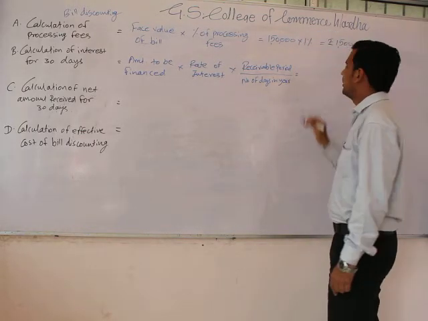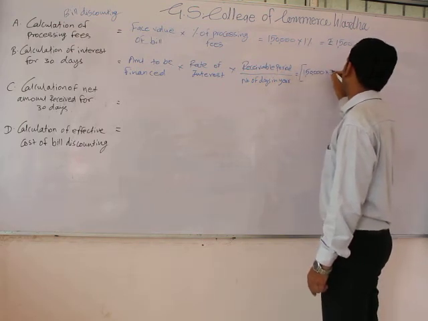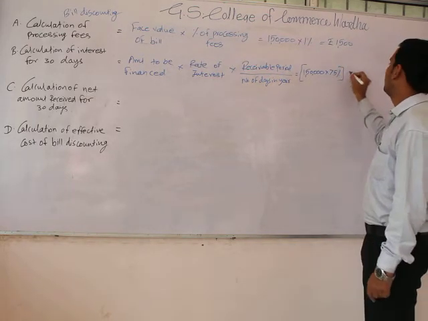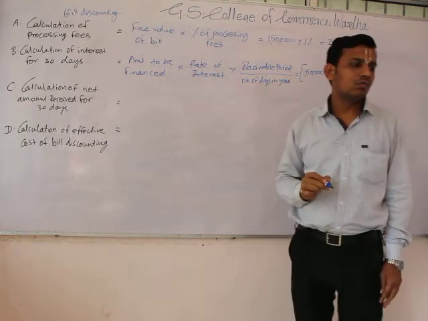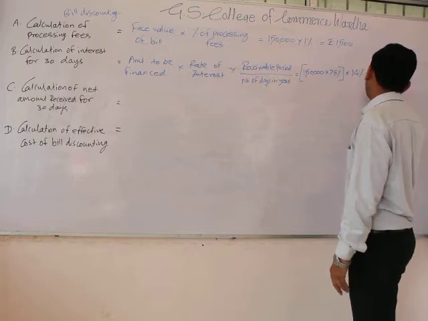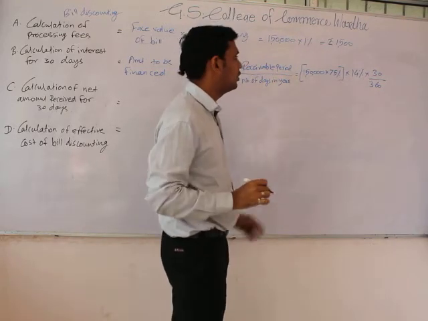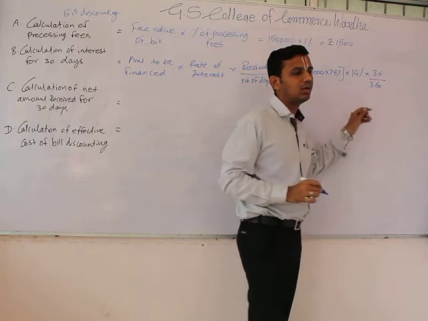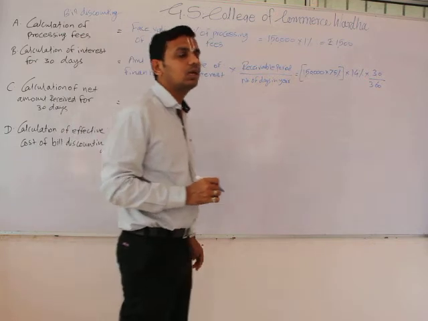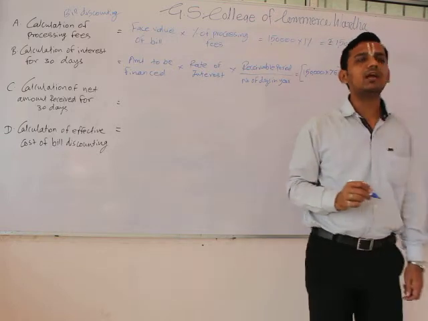So the amount to be financed was 1,50,000, the total value of bill, multiplied by 75%, which was committed by the bank to be financed, multiplied by the rate of interest, which was given as 14 1/4%. Therefore it would be 14 1/4%, and it is for 30 days, and we have to assume there are 360 days in a year. Therefore after putting the values we get in bracket 1,50,000 into 75% multiplied by 14 1/4% into 30 divided by 360. Therefore we get 1,12,500